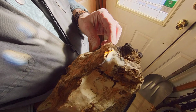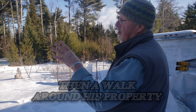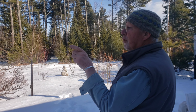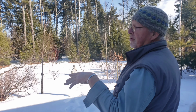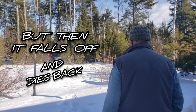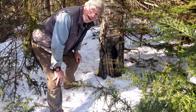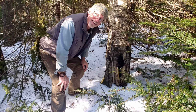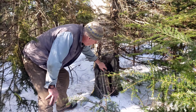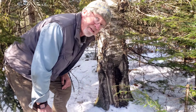That is interesting. It's like where it is matters, because weather and the sun can cause the black layer of the chaga to fall off from year to year, so it may grow out a little bit, but then it'll slough off on the outside. So it really does grow out, but then it falls off and dies back, so you don't really get very far. I have looked at, and I have cleaned it, gotten the dirt out, because it used to catch dirt and needles down in here, right? Yep. And then it would get kind of funky in there, so I clean it out, get the dirt off,